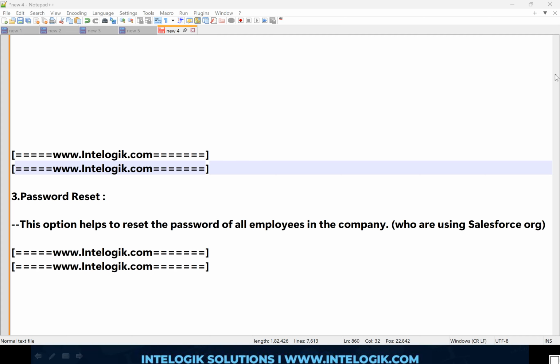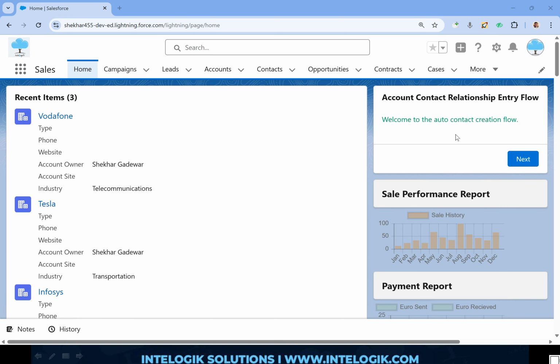Please note, password is very sensitive data. Forget about your colleagues. We don't even share our password with the managers. Even though they are your managers, we still don't share the passwords. That's why this feature becomes very useful. Whenever you realize in your Salesforce project that people are aware of each other's password, so what to do in this case? See, in that case,